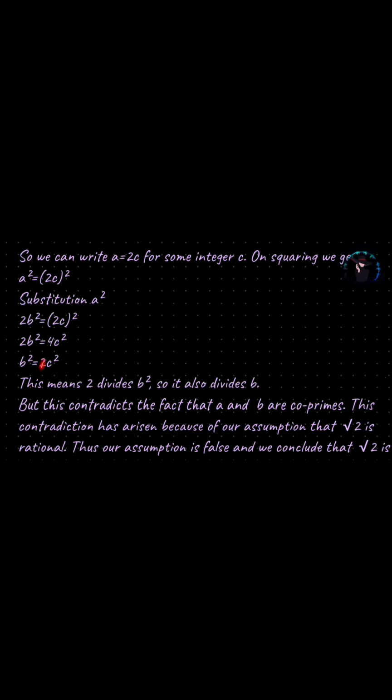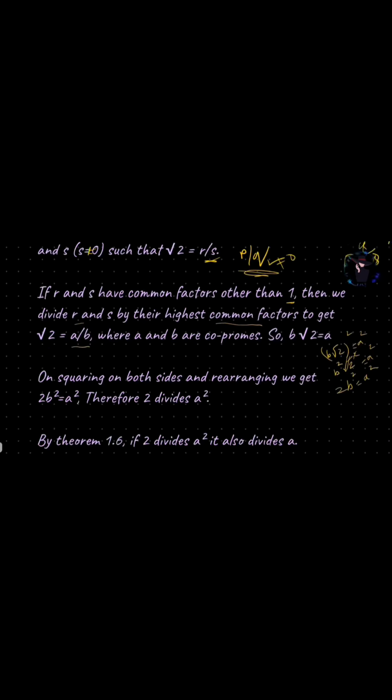Now, if we send this 2 again here, it also divides b square, right? b square by 2. Similarly, how we got a square by 2 in the previous slide, which means 2 divides b square, then it also divides b, right? But this contradicts the fact that a and b are co-prime. How should we get this? We need the values of a and b as co-primes, right? As I already said,